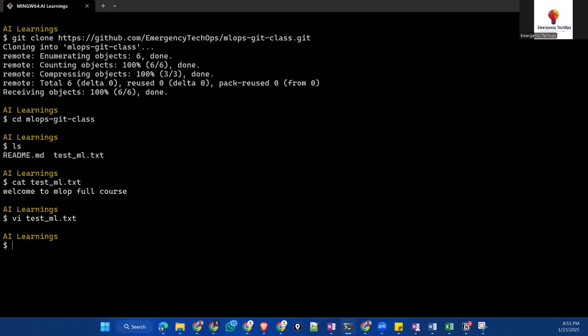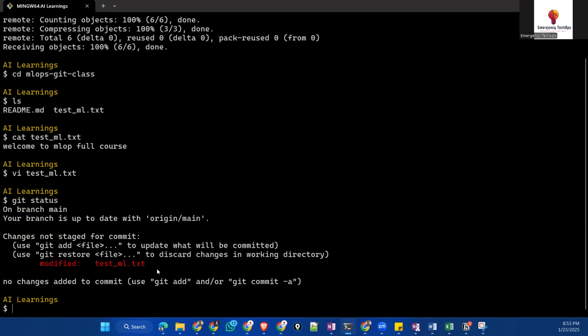Now I need to know, as a developer working on it, what the status is: git status. So you'll get to know that it is in red color. That means you are in the working area. The system thinks that you are still in working mode. So you have to tell the system that, hey, I have made some changes, so keep these files aside temporarily. You can give git add dot.